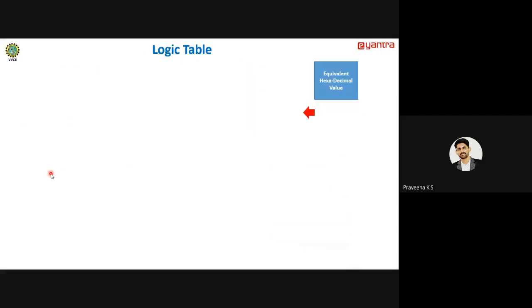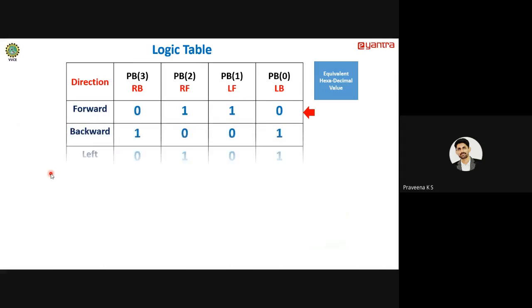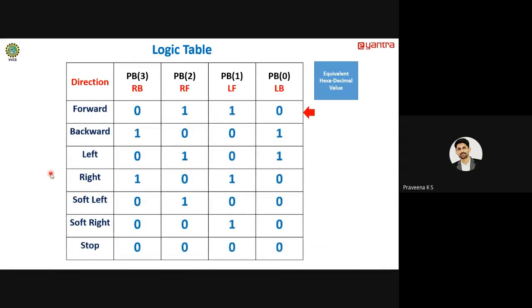Then we'll see the logic table for different directions. As I said, for port B lower nibbles, PB0, PB1, PB2, and PB3 are used for the direction control. Fine. So we'll see how it can be done.